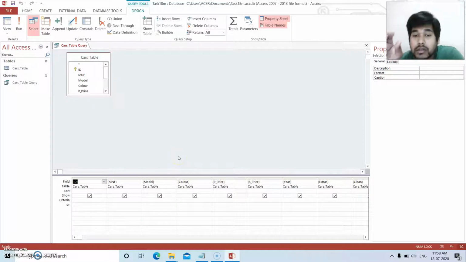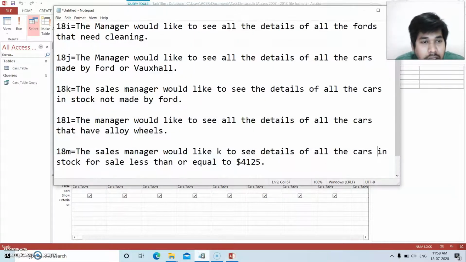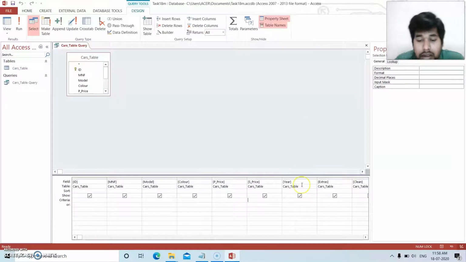Now just see where is my S price, selling price. So my selling price is here. Go in the criteria section. It is set less than or equal to, right? So I will write less than or equal to 4125, right?